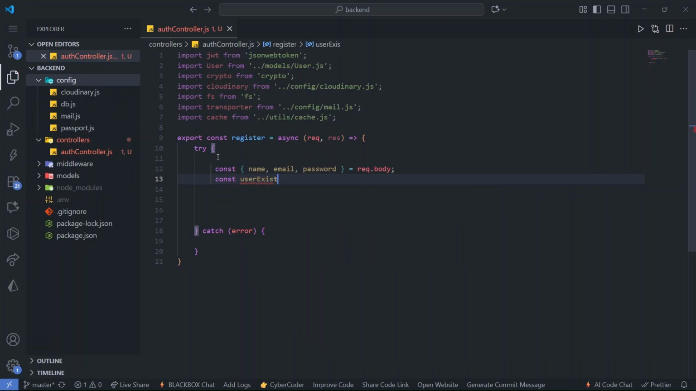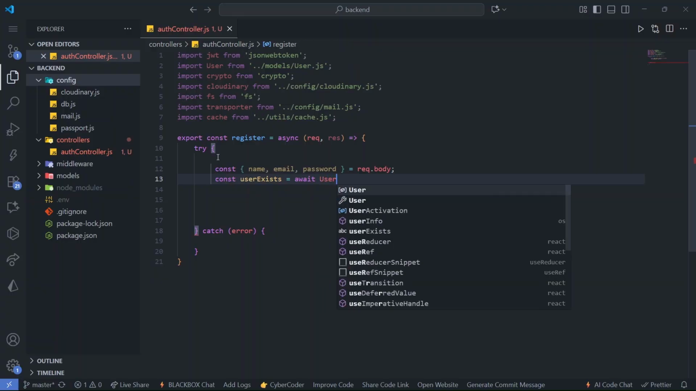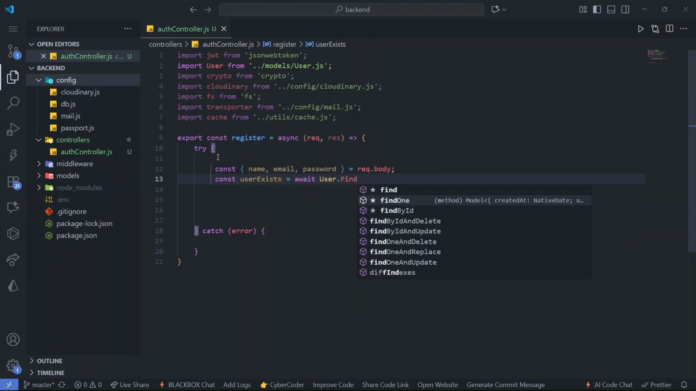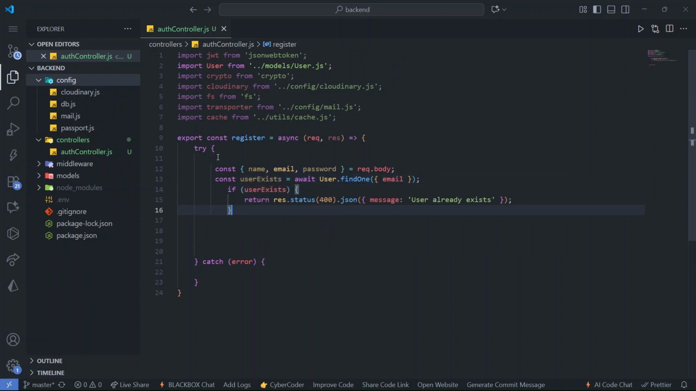So, existing user, right? We will find in the user model. User dot, how are we going to find? By email, findOne, and we will pass the email, right? So if the user already has an account and is trying to create an account again, we'll prevent the user from creating an account again. So we'll check in our MongoDB database, and then we'll give a status 400,